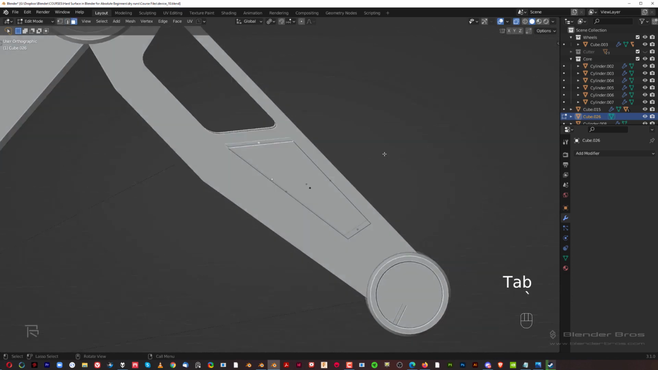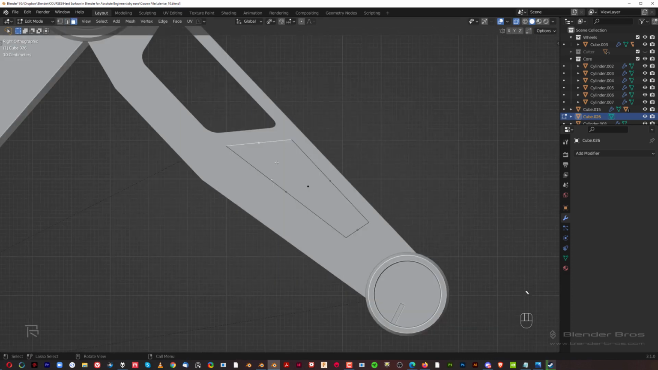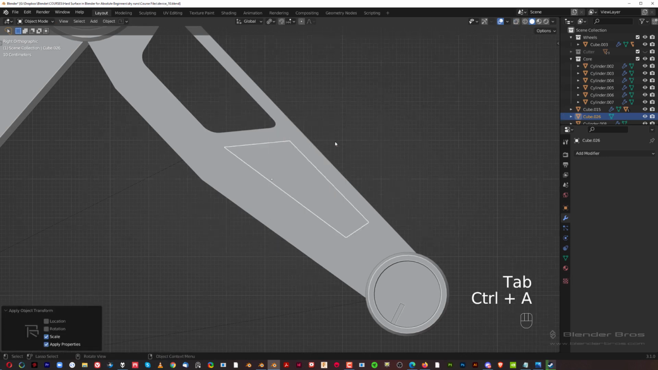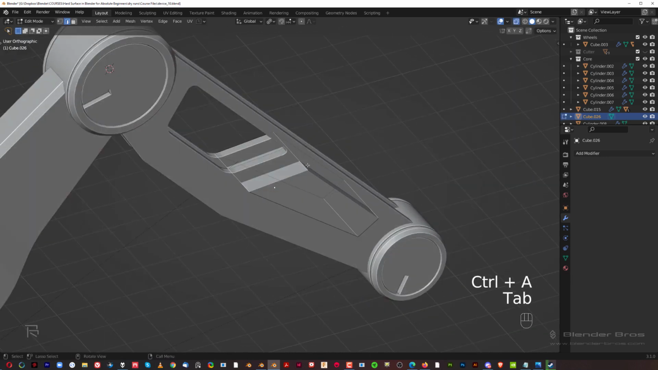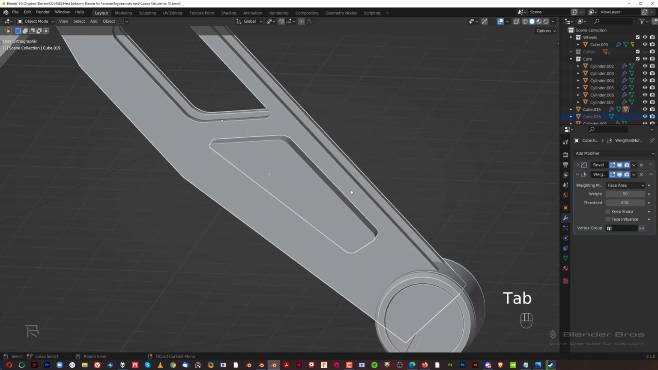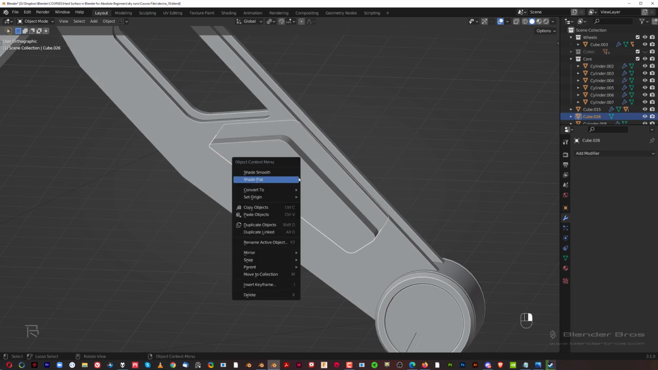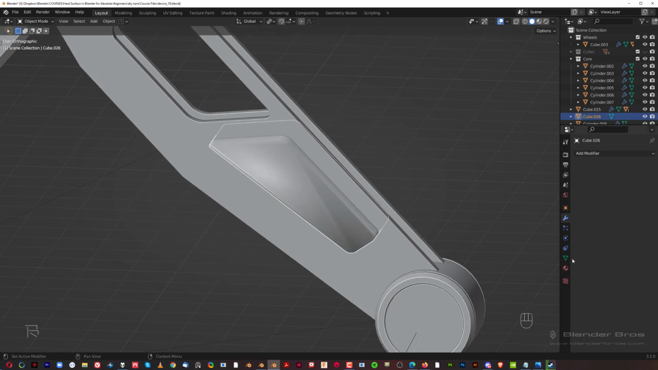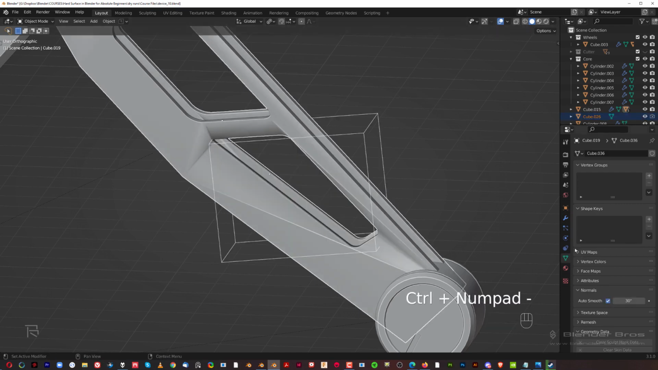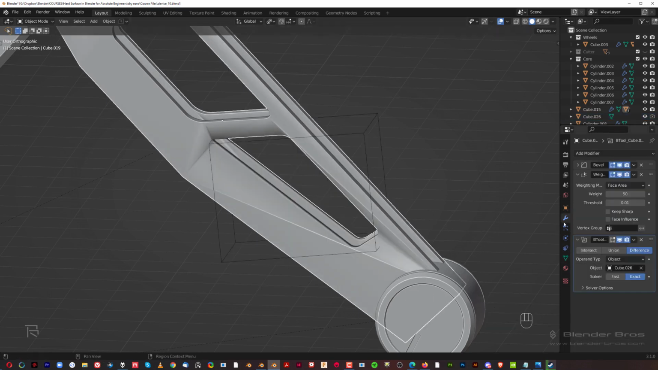Also, these two could be aligned with this one, so we could just do something like this. But then again, this gap is going to be a little bit too large. So maybe this is cool. Control A, apply scale, Control Alt, click here, Control B, and you know, let's just right click, shade smooth and auto smooth, shift click, Control minus. And I think this is going to be much better. So let's move it up